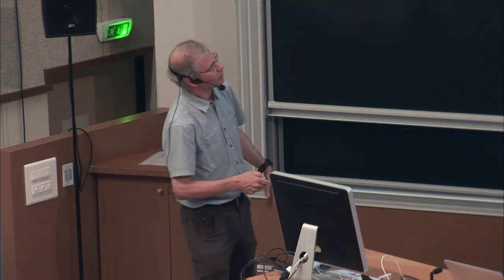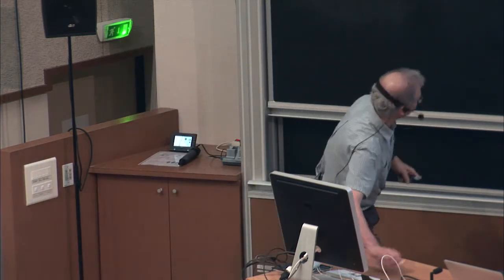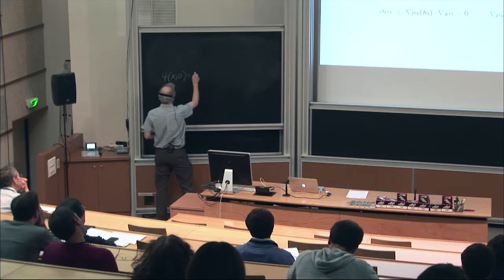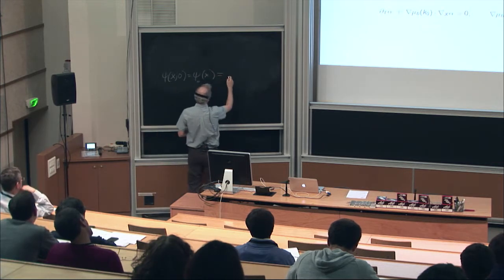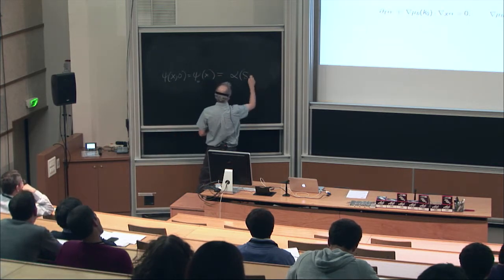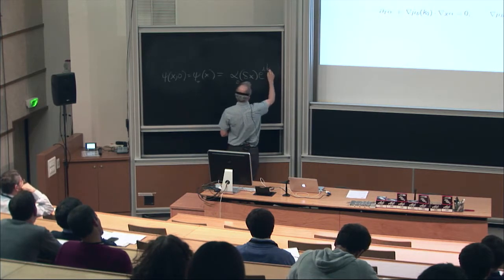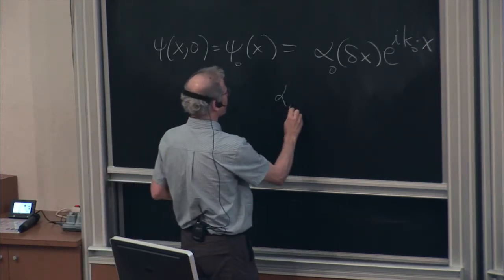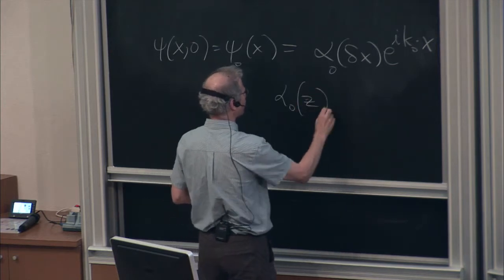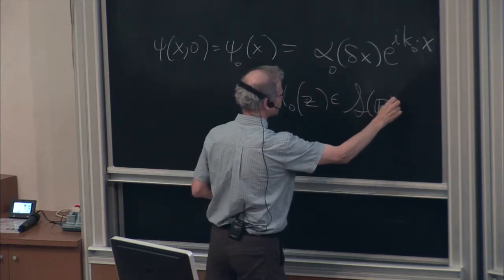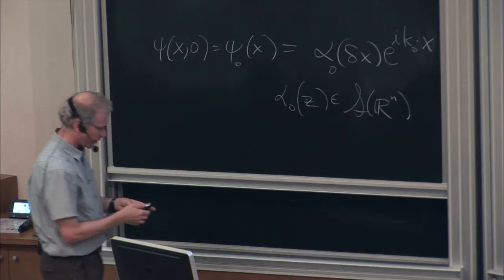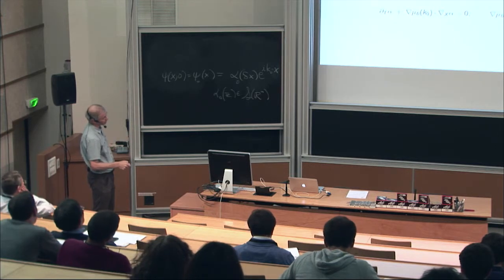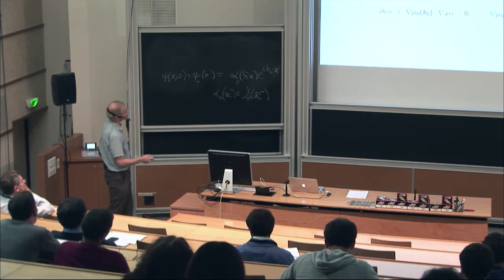So here what I'm thinking of is taking initial conditions for the Schrodinger equation, psi of x and 0, psi 0 of x, taken to be something of this type, say alpha 0 of delta x, e to the i k0 dot x. So alpha 0 as a function of z is, say, a Schwartz class function. This is what I mean by wave packet initial conditions, which are spectrally localized at k0. And if k0 is a place where the group velocity, the gradient, is non-zero, then one just gets transport behavior.